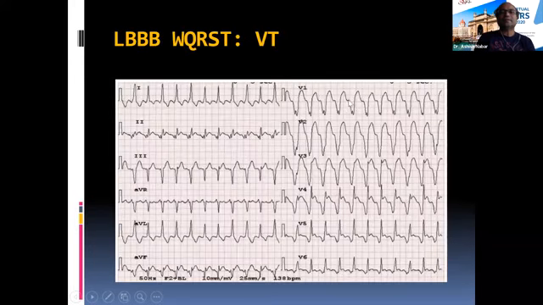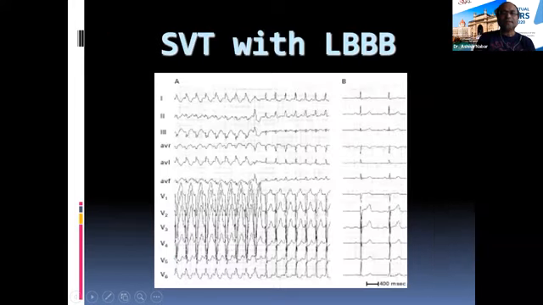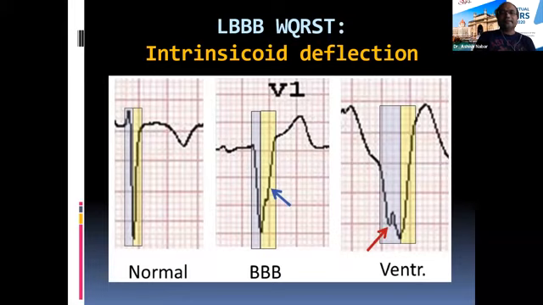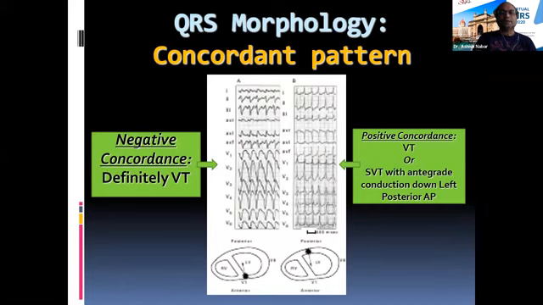Once again, one more example where there is a slur in the downslope, and this intrinsic oil deflection is more than 70 milliseconds. Additionally, these QR patterns, I'll stress on them later, but therefore the big fat R and the slur on the downslope makes it a VT. So this is what we said, that you need to see this slur on the downslope, an intrinsic oil deflection that is delayed. So more than 70 milliseconds, this blue bar is more than 70 milliseconds, and there's a slur on the downstroke. If you see these signs in an LBBB kind of wide QRS tachycardia, it helps you to call it a VT.